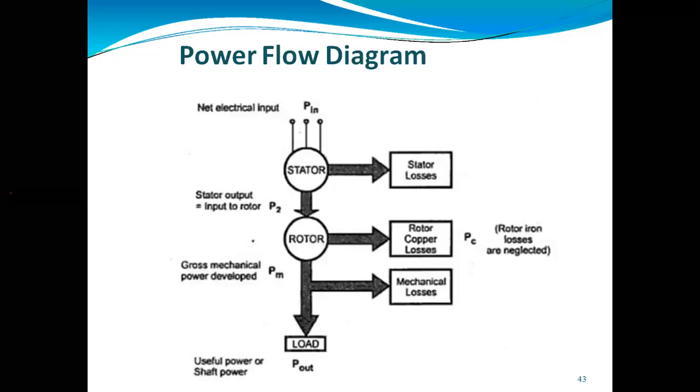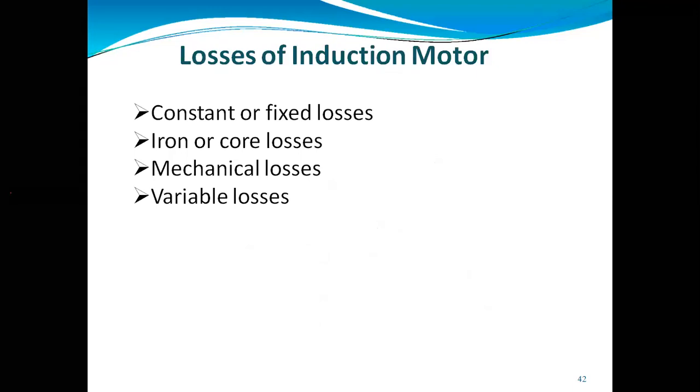Now we want to see the power flow diagram. As we have seen these losses, if we want to derive the efficiency of a three-phase induction motor, how can we derive it? We can denote efficiency by the letter eta, and we can write eta equal to output power upon input power. So here we are talking about the three-phase induction motor efficiency. So you can take the power that will be developed at the shaft, and input power you can take which we are giving to the stator. So you can take eta equal to P out upon PE.